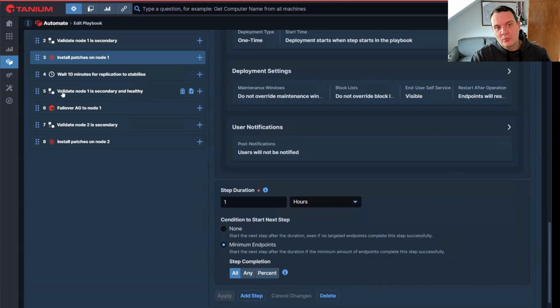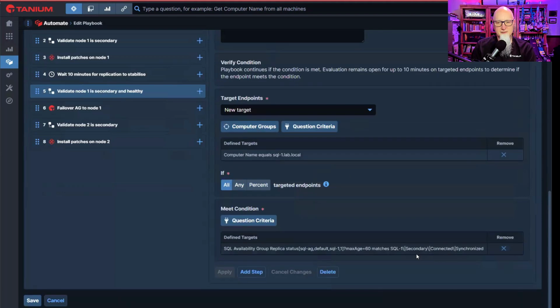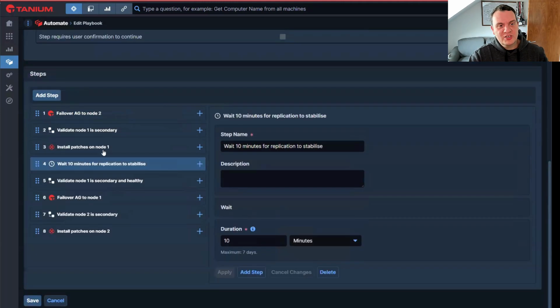Bearing in mind that when we get to the fifth step, we're going to make sure that we're healthy anyway. So we're okay, validating that we're in a good state before we go forward anyway. But just to go back to step 4, this is a simple wait condition. Probably not actually needed in this scenario, but just an example that you might want to put it in there